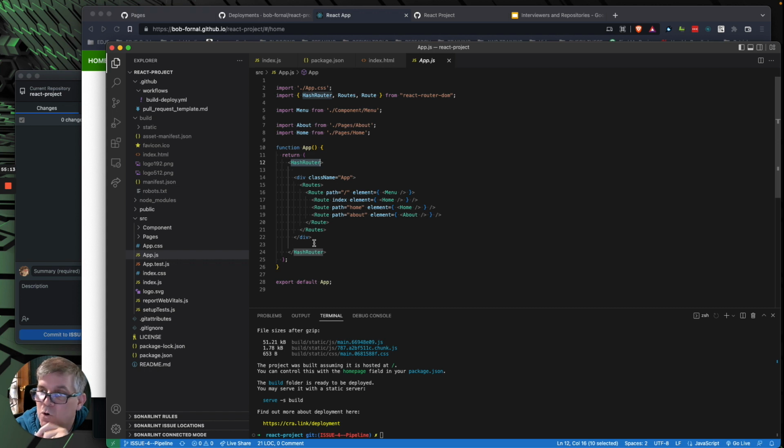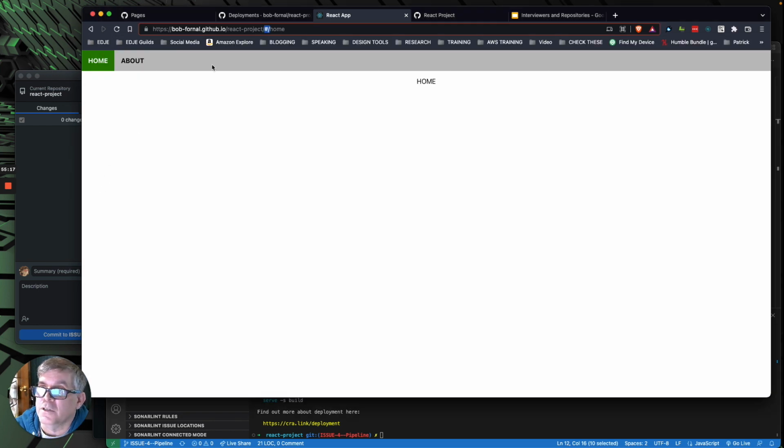Okay? The normal does not tell you much of anything about hash router. Hash router simply says, I know that there's going to be a folder somewhere after the main domain name. Because there's a folder after the main domain name, I want to use the hash. And the hash allows it to treat what's after as abstracted in some way so that everything will work right. So you can get in and about in a home and things can work.